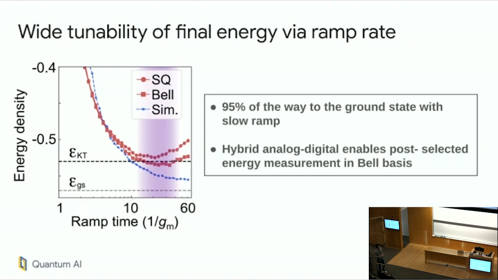You can also notice that we actually managed to get past the expected critical temperature for the Kosterlitz-Thouless transition as well. I want to emphasize one thing here, which is I have two experimental measurements. The second one, you can see, gets lower. That's a measurement where we leverage our digital analog capabilities, and we perform an entangling gate right before the measurement. That allows us to measure in the Bell basis and post-select our energy measurements. I'm not going to get into too much detail about it, but if you have any questions about it, please feel free to ask after the talk. But at least this is showing already some of the advantages that we get from this digital analog hybridization here.